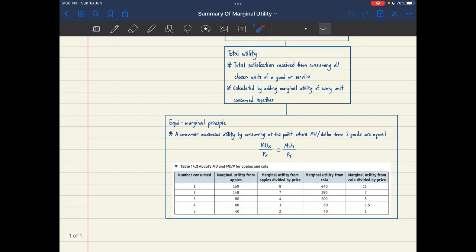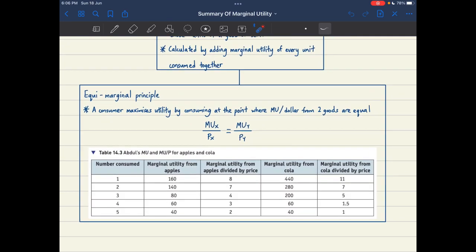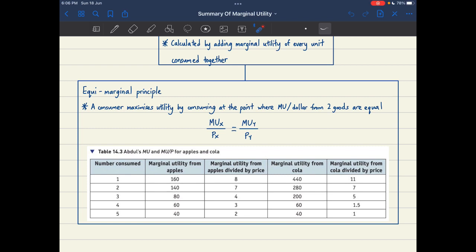All right, and then let's look at the equimarginal principle. So a consumer would want to maximize their satisfaction from consuming two goods. And a consumer would be able to maximize it by using the equimarginal principle, where if you were to